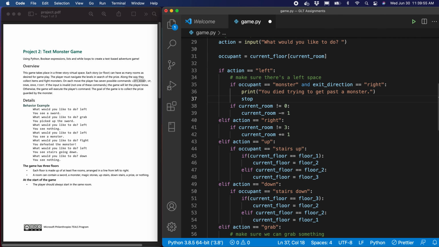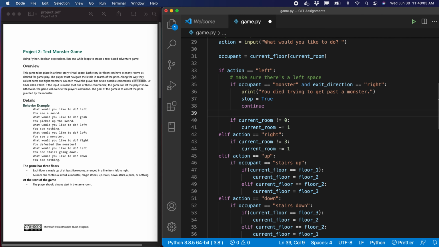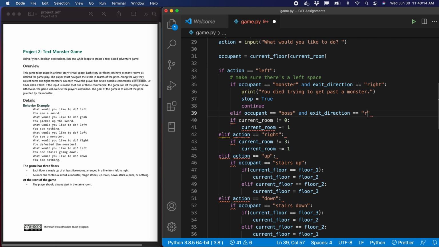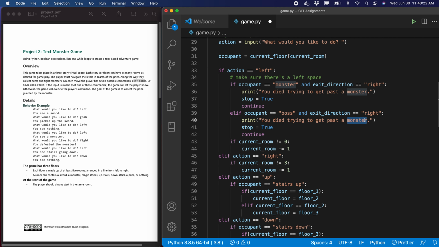And then we'd say stop equals true. And we would do the continue thing again. Now we should say elif occupant equals boss and exit direction equals right. We would do the same thing. So just copy and paste. Except this time it's a boss. So stop equals true, and then continue to stop, and then else